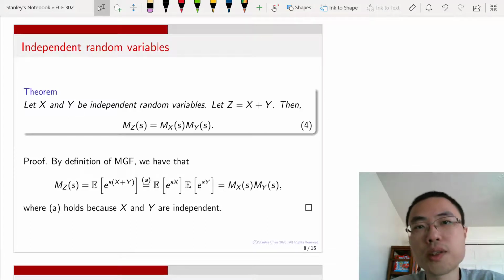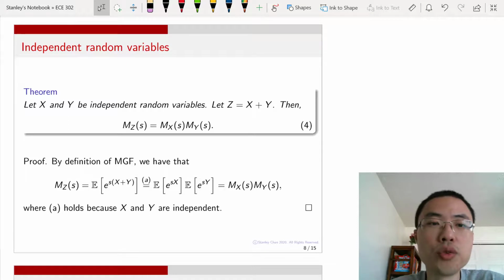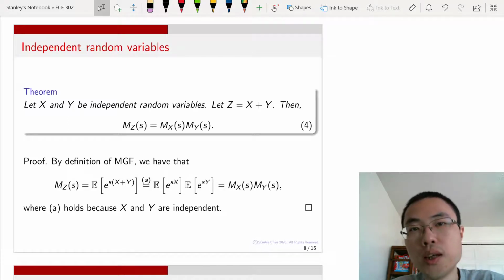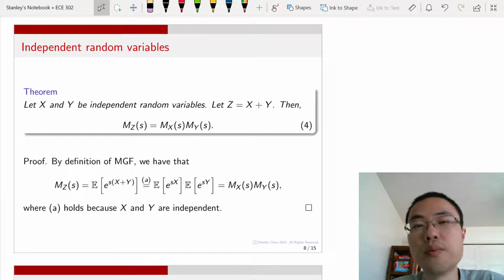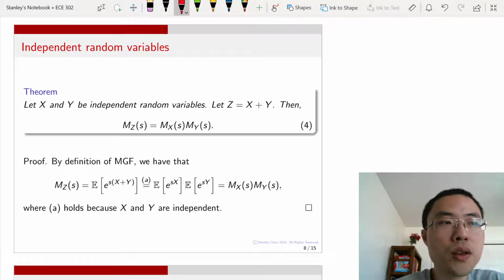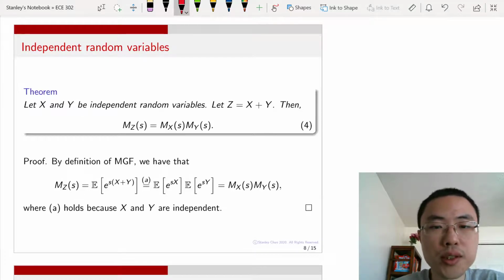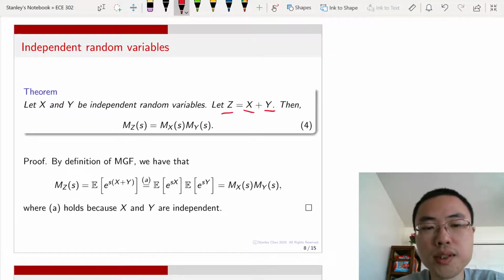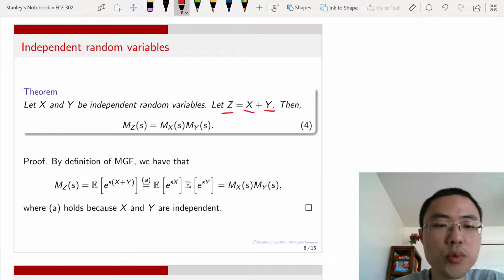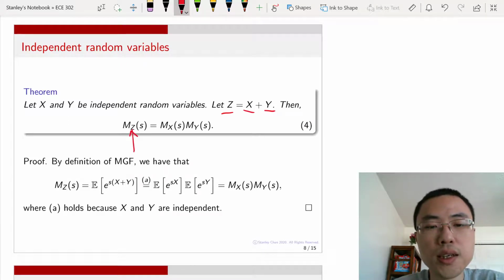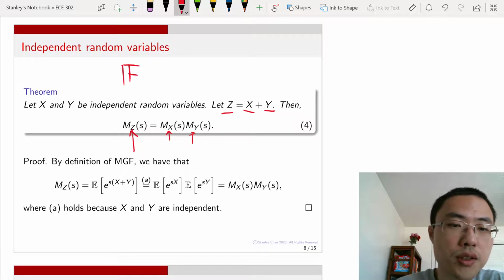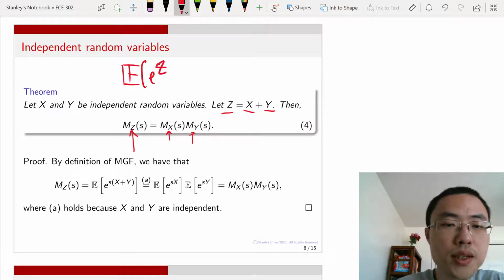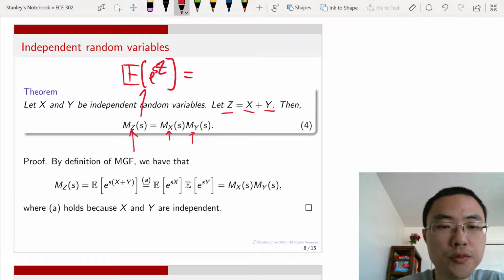In order to talk about the sum of multiple random variables, I need to show you the sum of two independent random variables, and then we can talk about how this can be used for many random variables. Imagine that you have two random variables x and y, and then you form a sum z. It holds that the moment generating function of this z is the product of the two individual moment generating functions of x and y. Now this works because if you take the expectation of e to the power sz, which is the moment generating function of z,